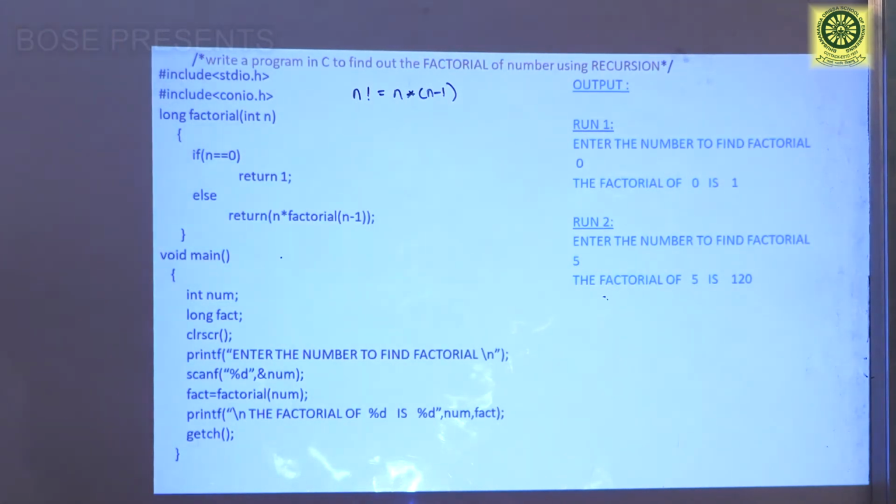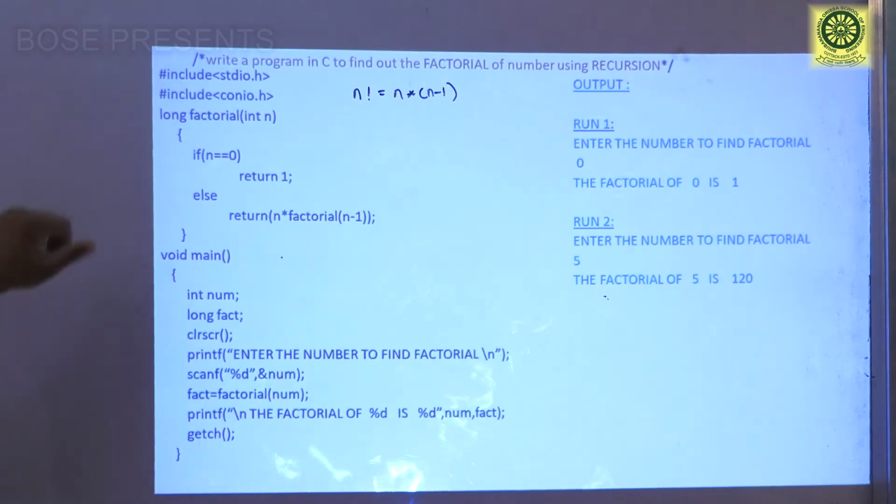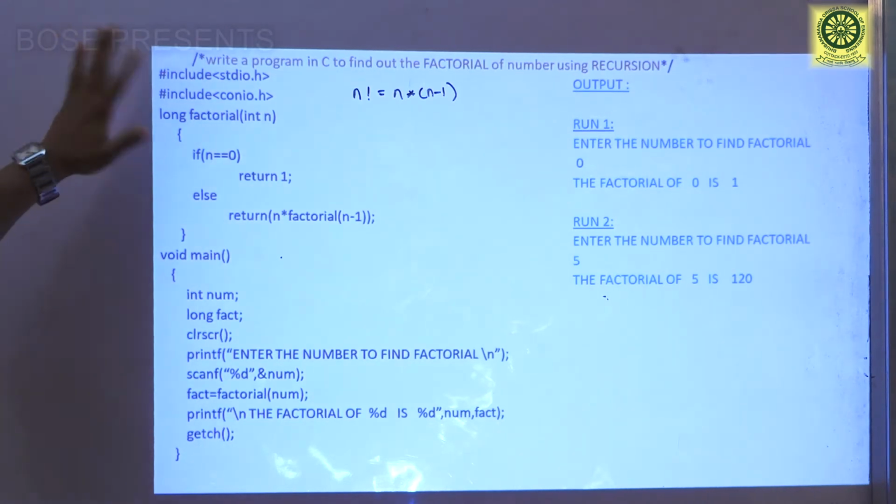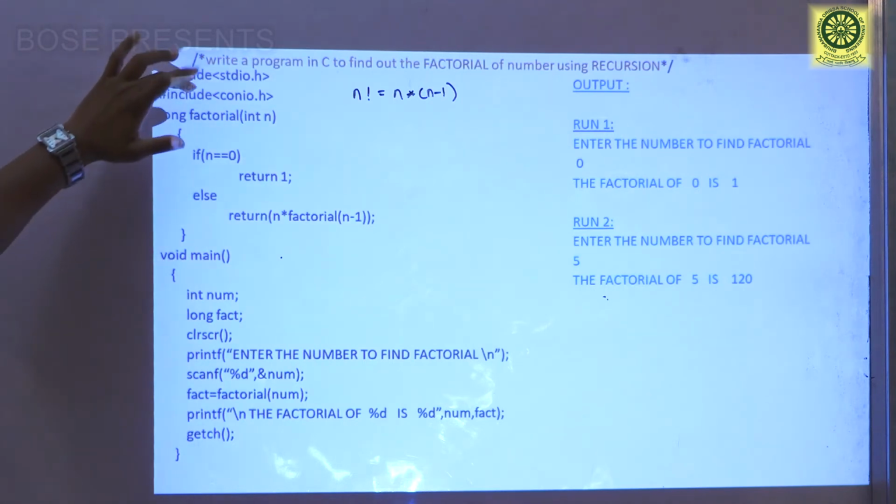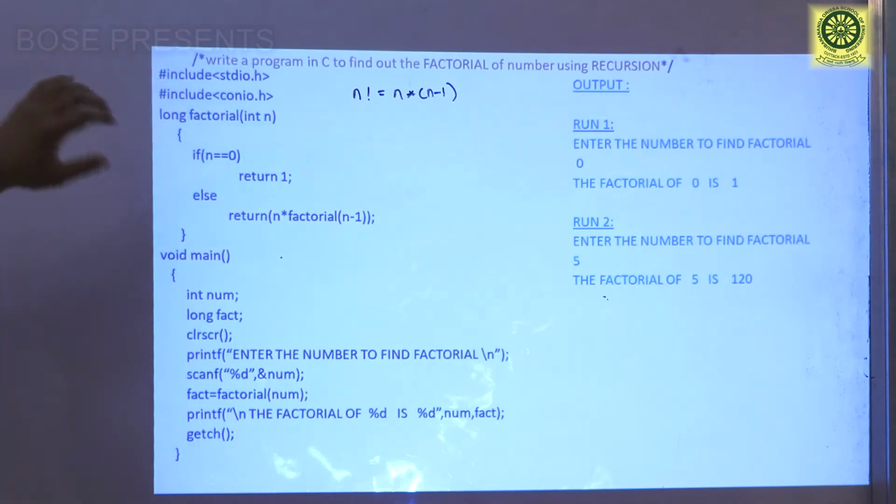Let's start our program. Here the first line is a comment line, as it is written in the delimiter, so it will be skipped by the compiler during compilation. Then the next line has included stdio.h. Here I have included two header files, stdio.h and conio.h.